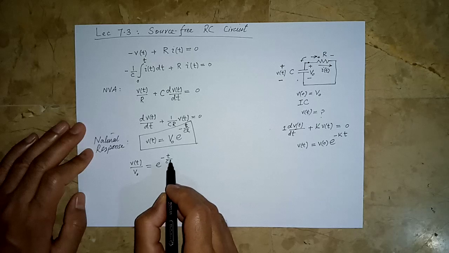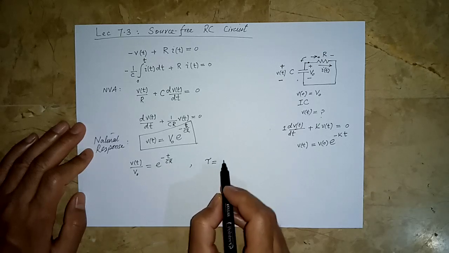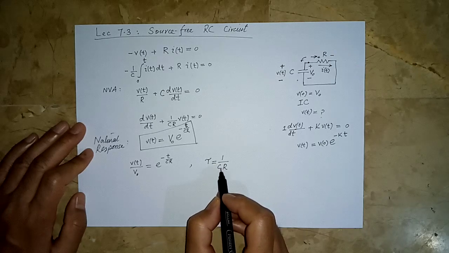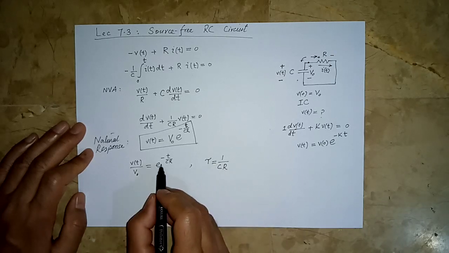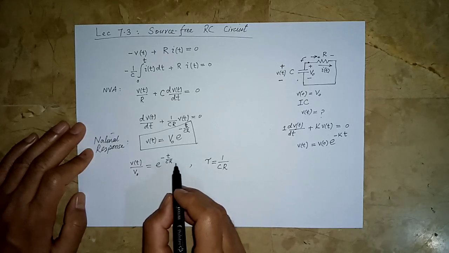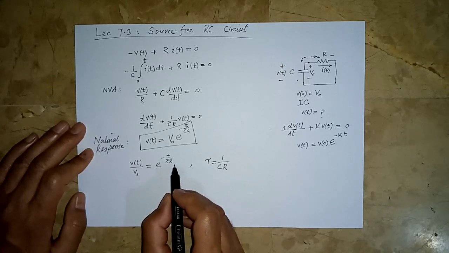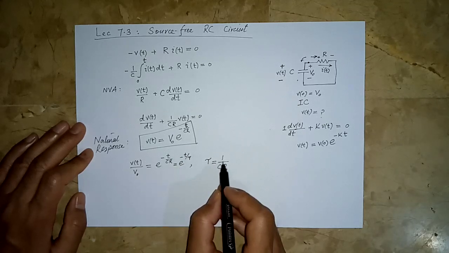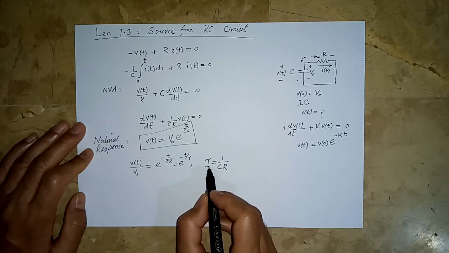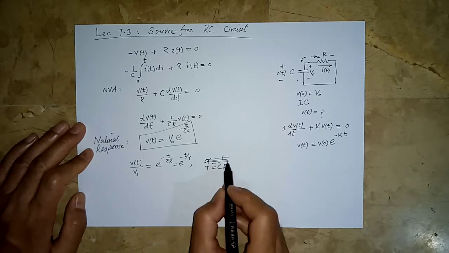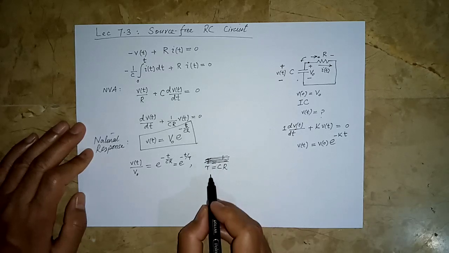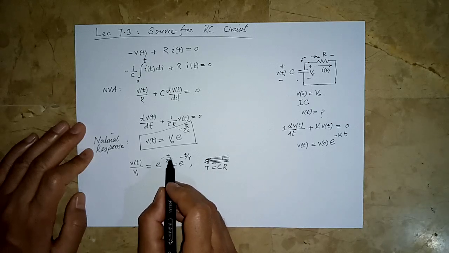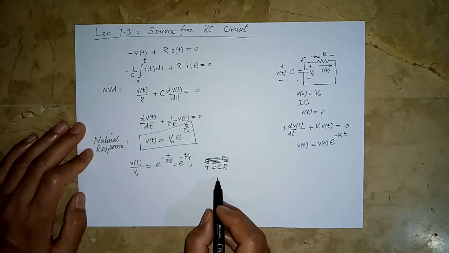And here you should note that the tau in this circuit is not L over R, because there is no L here, it is 1 over CR, and the units of 1 over CR is seconds. Sorry. So I have made a mistake here. The expression, basically this expression must look like this, minus T over tau. So tau is not 1 over CR, tau is CR or RC, and the unit are seconds. So per second into second cancels out, and the exponent must be dimensionless.